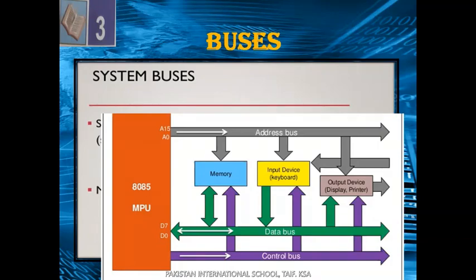All components are placed on a motherboard, and on the motherboard we have the pathways, the circuitry board, and the sets of wires used to connect all the components for transferring data, instructions, and addresses. So these three buses are responsible for transferring your data, address, and instructions, and the system bus is a combination of all these three buses.